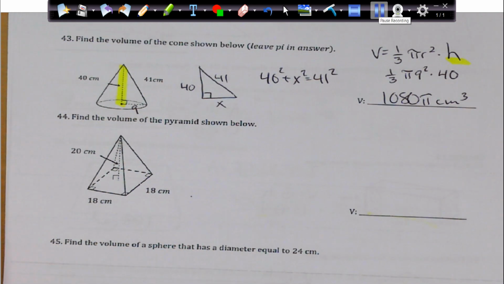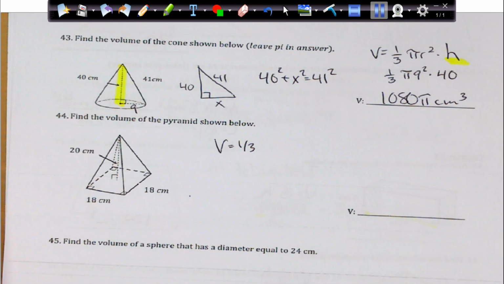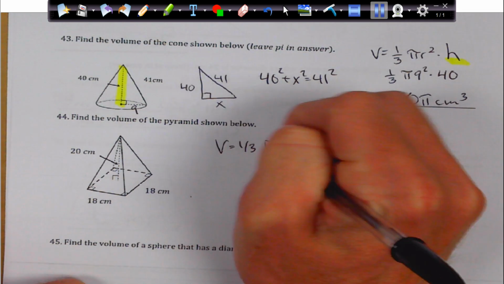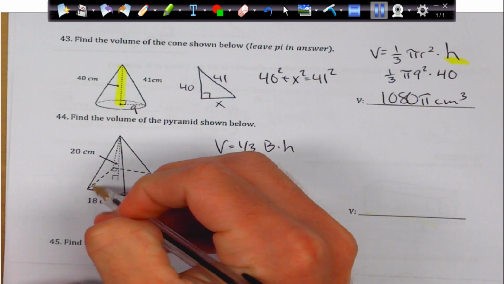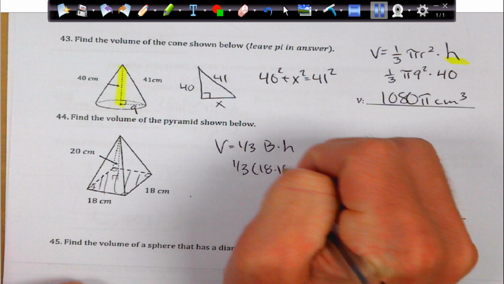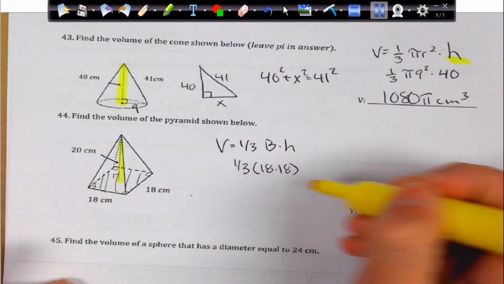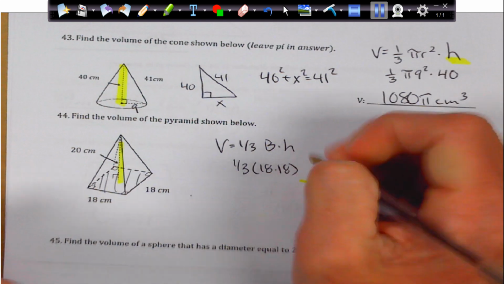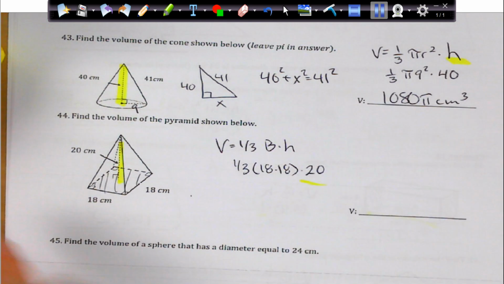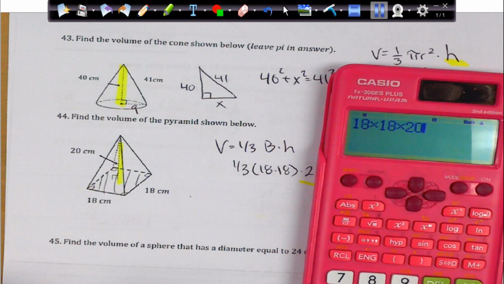So this also has our 1/3 because a pyramid and a cone have that 1/3, but then big B times h. The base of this figure is an 18 by 18 square, and the height here is going to be 20 as it is perpendicular to the base. So again, we just multiply all those numbers together: 18 times 18 times 20, and then divide it by 3. And I got 2160